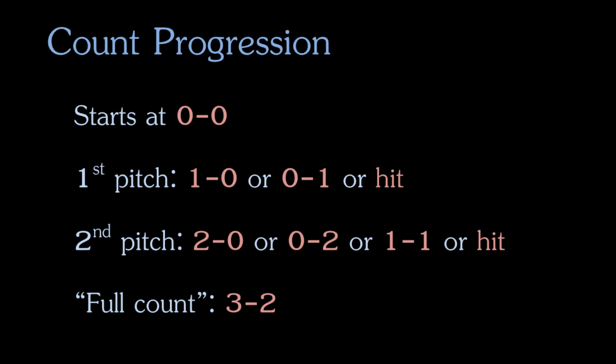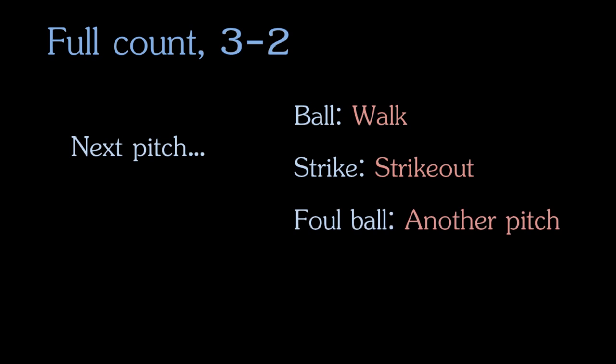Why is this called a full count? Well, the next pitch, if it is a ball, the batter will walk. If the next pitch is a strike, it will be a strikeout. A foul ball, again, a foul ball that the batter swung at and not bunted, will not end the at-bat. And this is why, or at least one of the reasons why, as you may have heard, that a baseball game could potentially last forever. Or finally, of course, the batter could hit the ball into fair territory. In other words, once you reach a full count, there is a pretty good chance, well, 75% chance in fact, that the next pitch